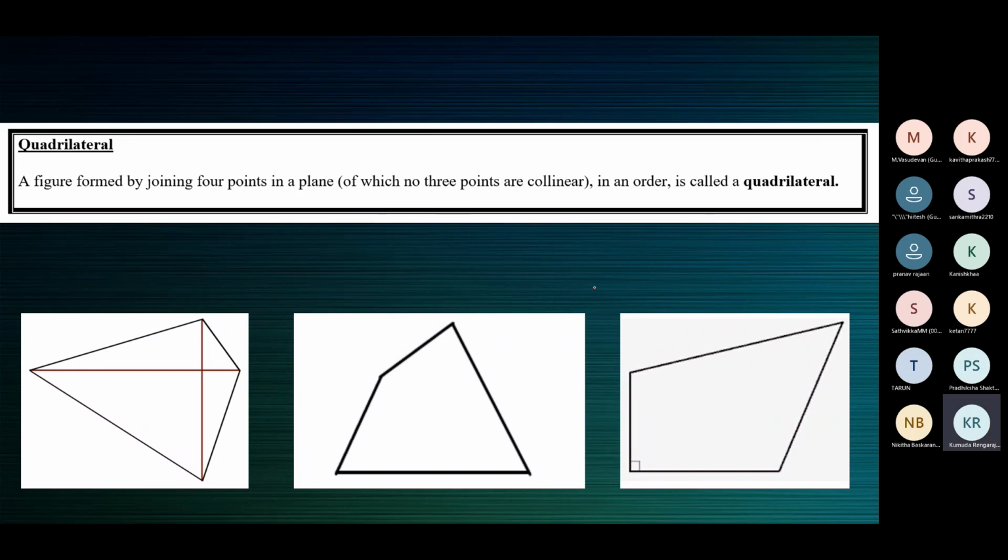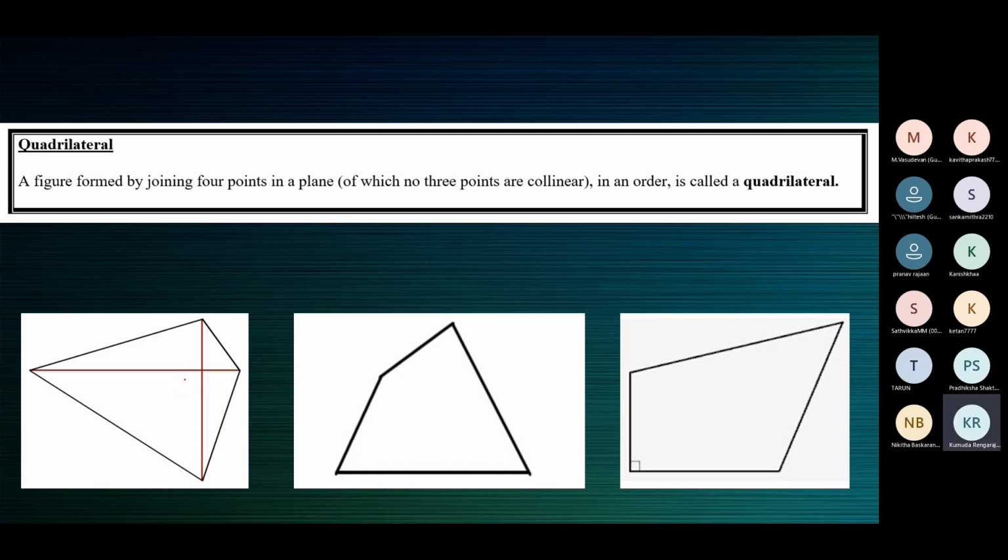All right, so below you can see some quadrilaterals. They are not any special quadrilaterals. When we say special quadrilaterals, they are parallelograms, rectangles, squares, rhombus, kite, trapezium. So you can see 3 quadrilaterals here. They are simply quadrilaterals. In the first figure you can see the diagonals are also connected. It looks somewhat like a kite, but it's not a kite. We'll see why it's not a kite later.